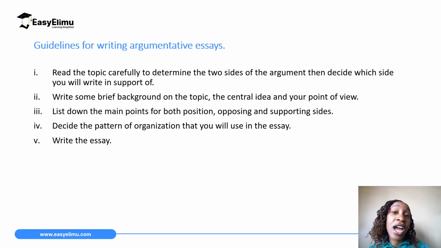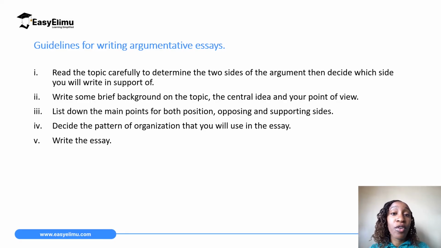And here are a few guidelines for writing argumentative essays. These are just general guidelines. The first one is to always read the topic carefully and determine the two sides of the argument, and then decide where you fall, what side you want to support. And then after that, write down a brief background of the topic, the central idea, and your point of view. So remember, all this is